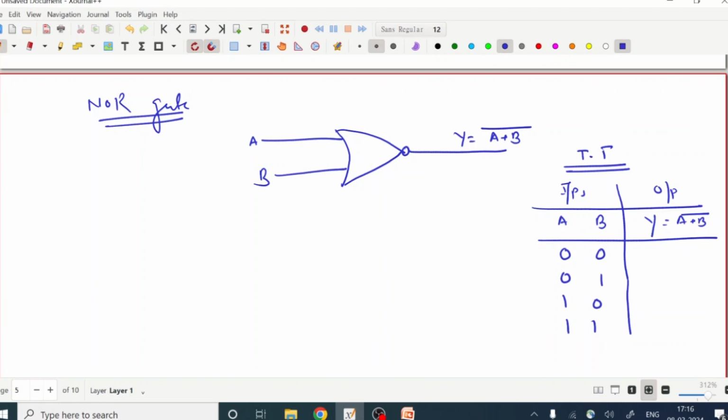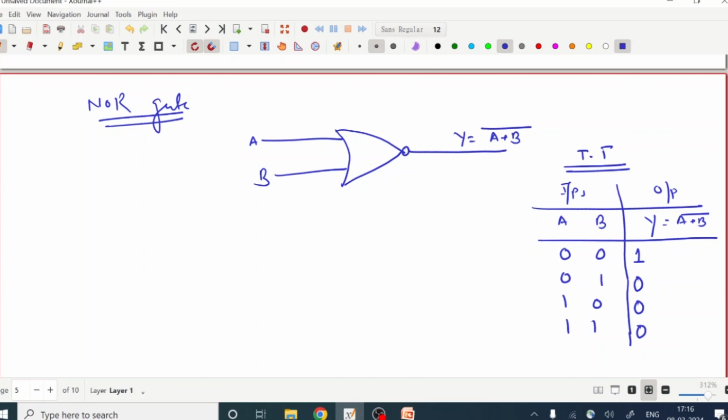What will be the output of the NOR gate? The output of the NOR gate is 1 in that combination. For 01, the output of the OR gate is 1, which means the output of the NOR gate is 0. Similarly for the other combinations. We observe that only when all the inputs of the NOR gate are low does the output become 1. In the rest of the cases the output is 0, or we simply say that if any one of the inputs is 1, then the output is 0. When all the inputs are 0 0, then the output is 1.